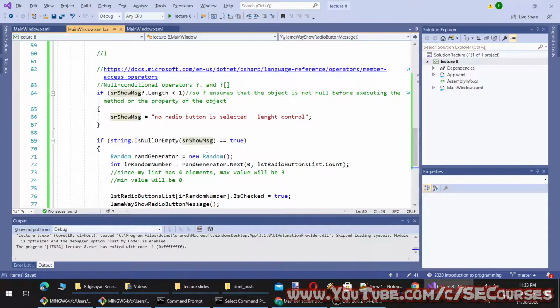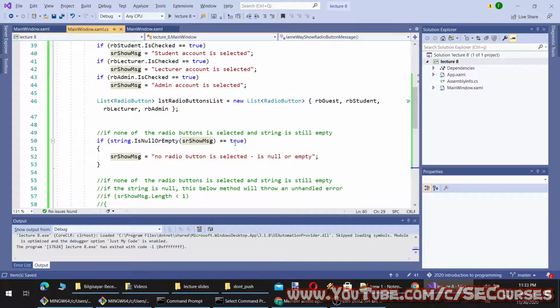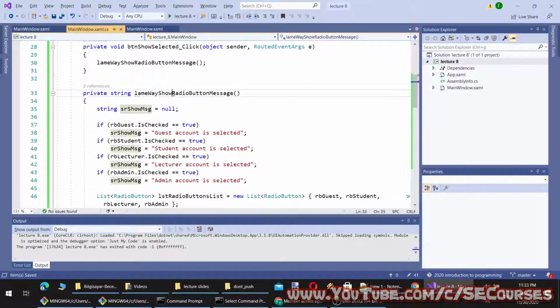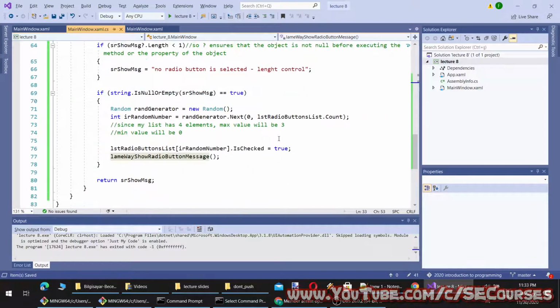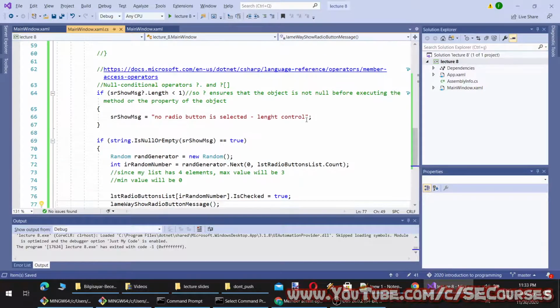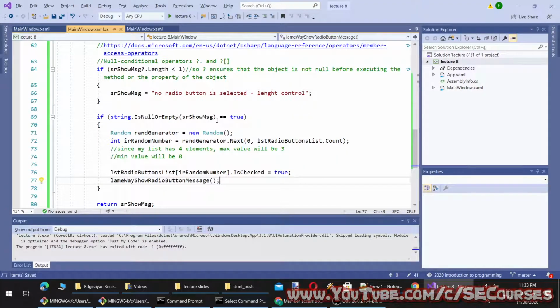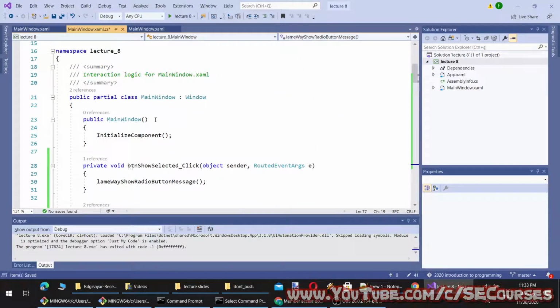And it will return show message. But by the way, with this way we won't be seeing the first no selected. Okay, I'm going to first remove this so we can test it out.